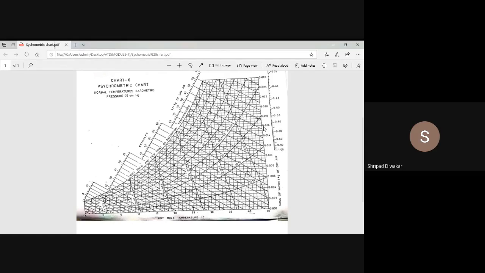And one more important thing you have to find out is your enthalpy. You see, some lines are there at the outer side of the saturation curve. These lines are called enthalpy lines. Enthalpy means the heat content of moist air. That is also very simple. Wherever you have that point, 10 degree WBT and 20 degree DBT is your intersection point here.